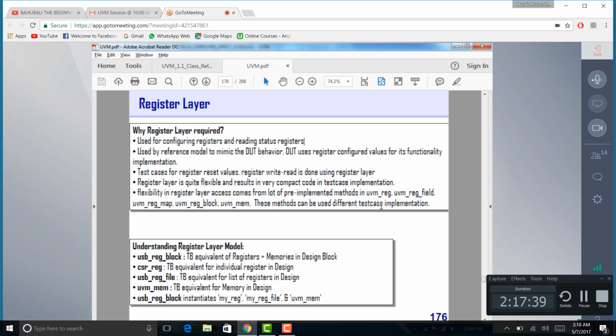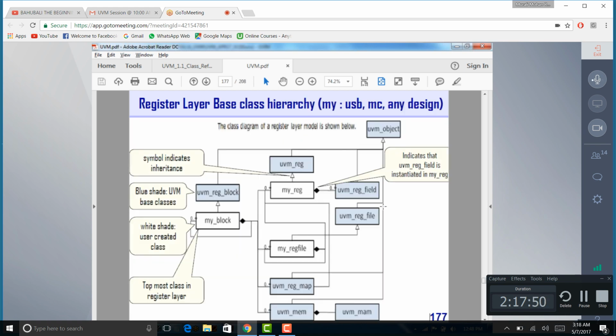UVM reg block is, sorry, I think it's a repetition. Basically, UVM reg block instantiates registers, reg files, everything. USB is our protocol, USB protocol. Just a USB block. This is how the mapping looks like. I mean the whole